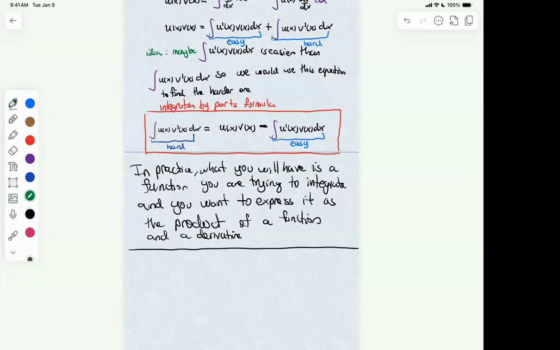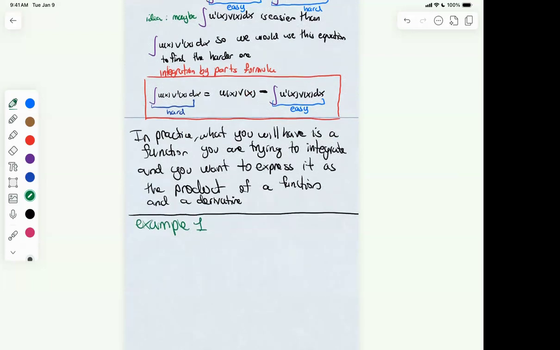So let me start with example one, which is, let's say I wanted to find